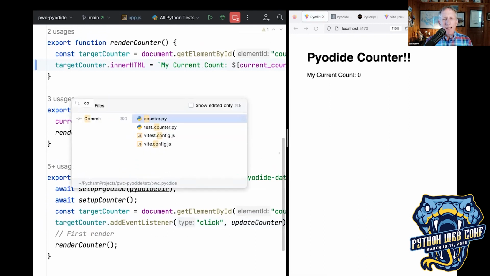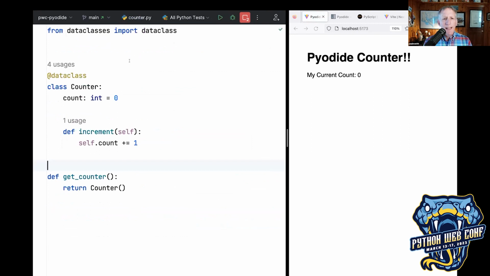I can go to the counter itself and have it start a little higher. I can reload. I'm doing all of these things and I get a great positive experience,